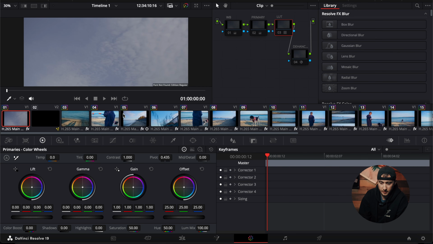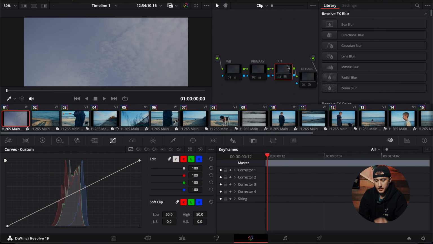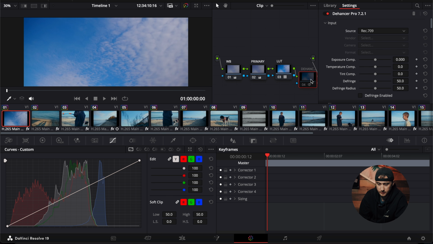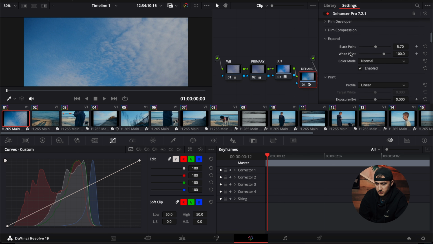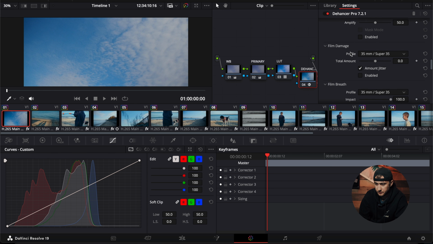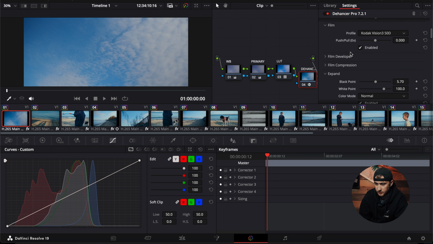First scene is just the clouds. I don't have the title text loaded up. So we have our 4-node structure for this one. You have your LUT, your primary, your white balance, and your Dehancer node. So we'll turn the LUT on, primary correction, white balance, and then the Dehancer look, which I believe, yeah, so on this one,